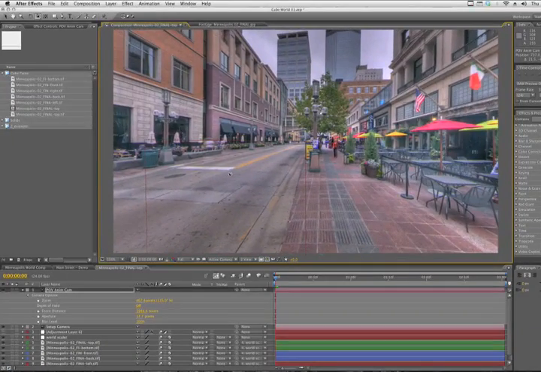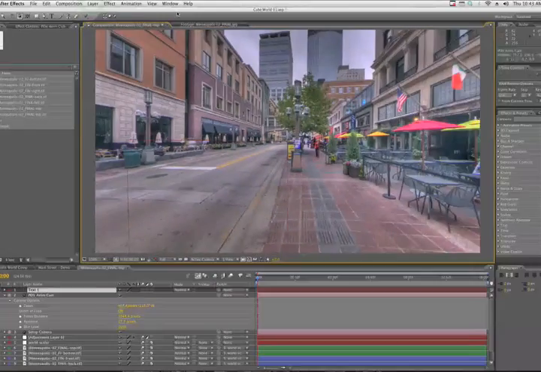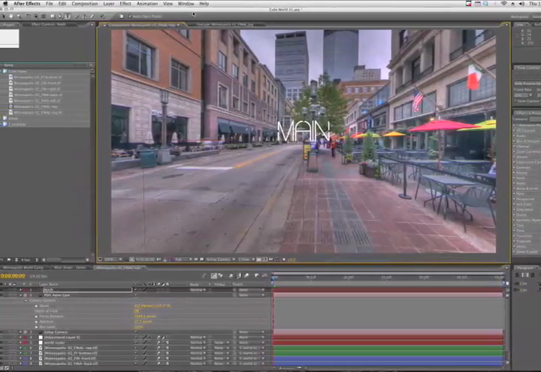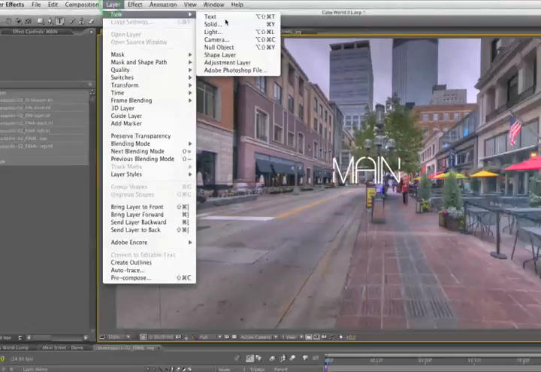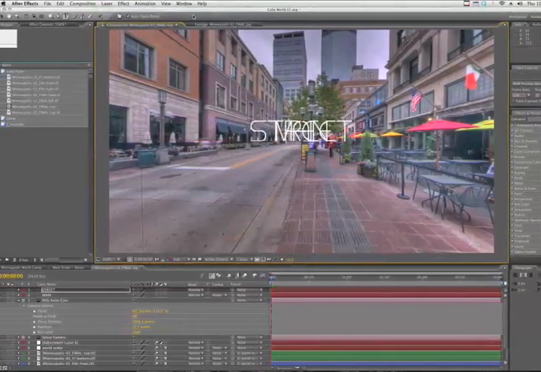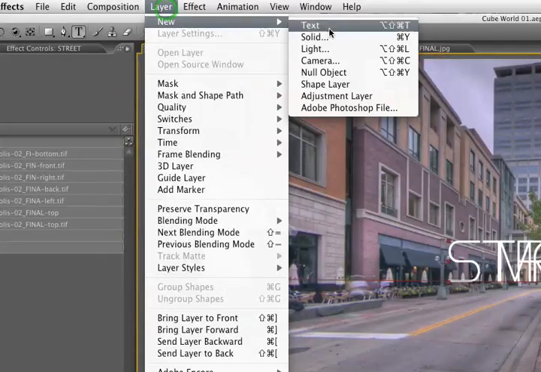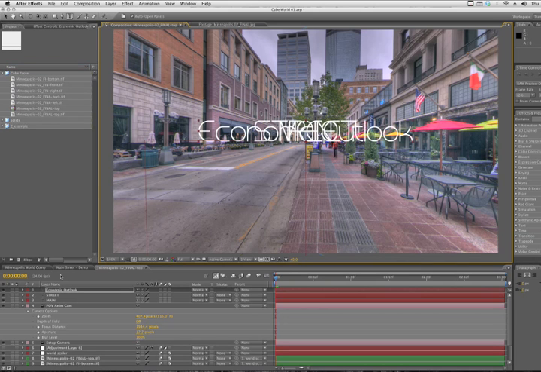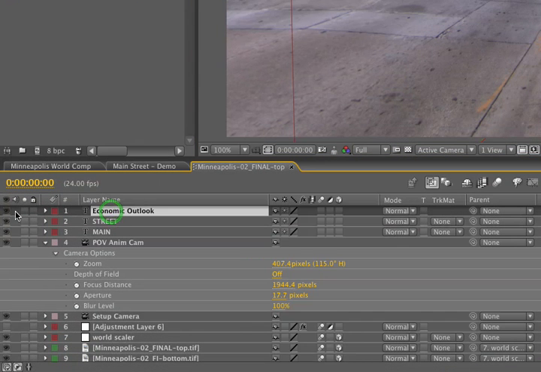So now I think it's time to add in our text layers. We're going to add in 3 text layers: layer, new, text, and we'll call the first one MAIN, all caps. We'll add another one, layer, new, text, STREET, all caps, and then we'll add one more, layer, new, text, and we'll call this Economic Outlook. There we go. Now what we're going to do in the final comp is leave Economic Outlook as a 2D